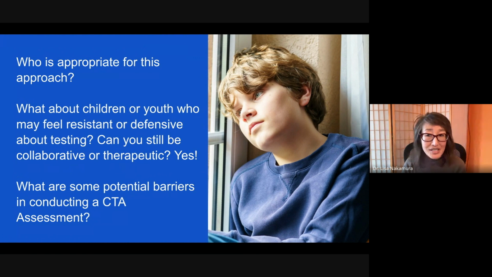Some may want to know this as they enter their next developmental stage, like high school or college. Adults may want to learn about themselves for graduate school, career planning, or job searching. And one of the things I find really wonderful about the younger generation is that many of them value mental health and well-being. And some of them are quite active about looking for potential diagnoses that could name the challenges they feel they're facing.